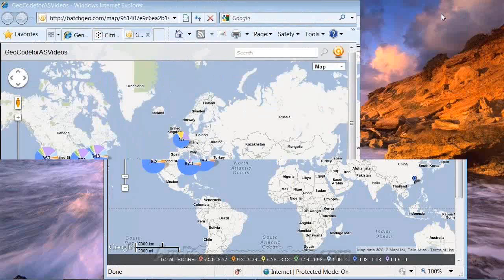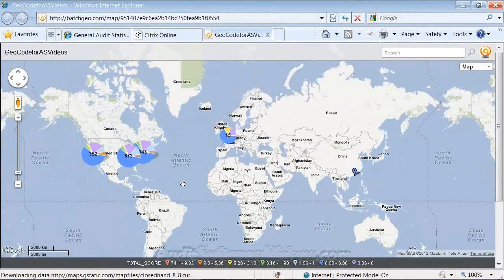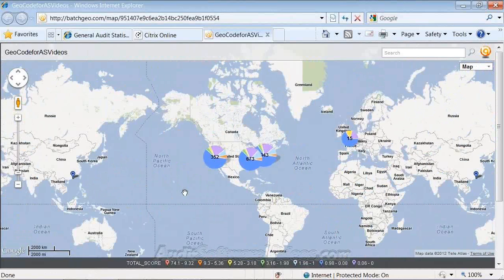So I just opened up a link of data that I uploaded, and it had addresses and total scores. And what's interesting, you can look at this map. There's nothing wrong with it, but there are some data points that are showing up in other countries, and you might not realize sometimes that you have business partners that are in other countries, and that might throw you a bit. And you say, we didn't realize that. So that's something to look into as a first point. I mean, obviously, a lot of the data is showing up in the U.S. here, but we do have a few showing up in other areas.